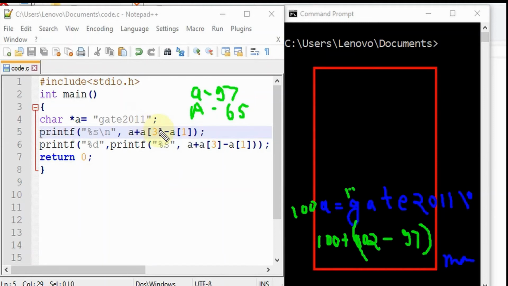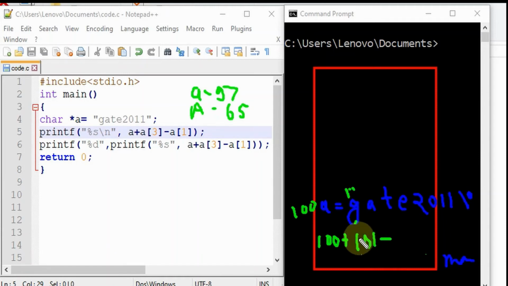So this is the concept of printing: we have to give any starting value, and it will automatically print till our null character is found. Okay, so the null character is already stored in this type of string declaration. So what will be the value of this? What is the ASCII value of E? It is 97 plus 4, that will be 101. So 97, 98, 99, 100 and 101.